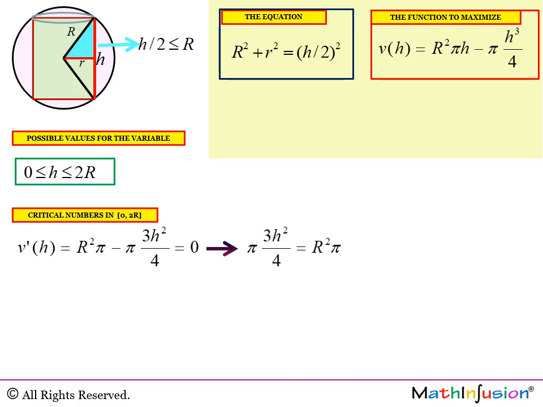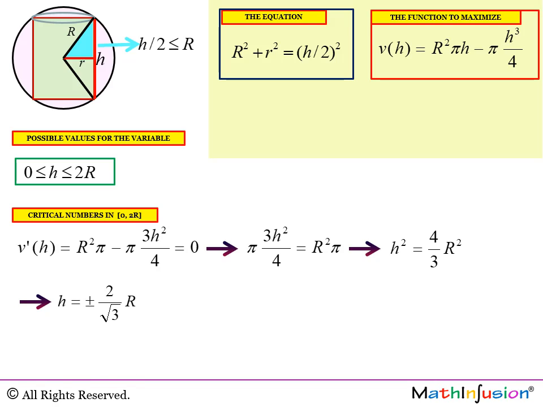So we are differentiating v, and we get that. Okay, very easy to solve for h, as you can see, because I can just write it like this. Everything is positive here. So I can do that. I don't need to write even as product of terms because I don't care about h being negative. And as you can see, we can take away those pi's here. Okay, and multiply both sides by 4 over 3. And we get that